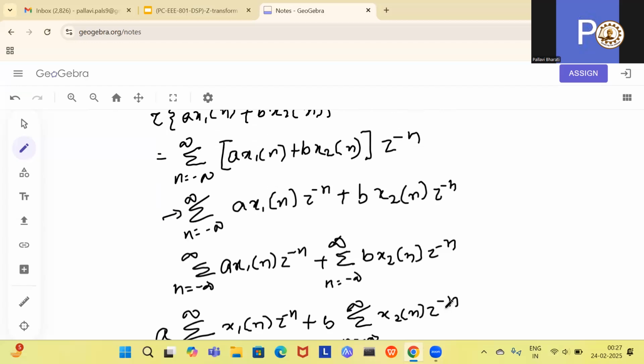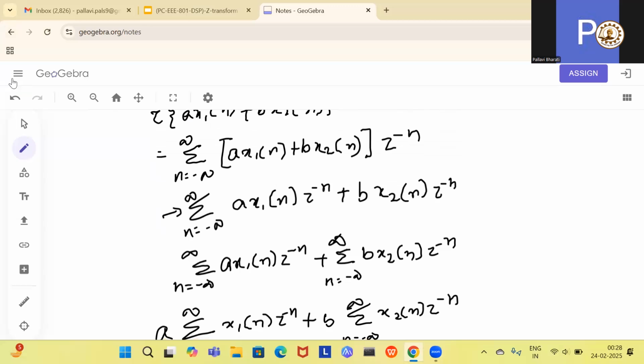Nothing very tough over here. Just write the formula for the Z transform and separate the summation for the two terms. That's it. After that, take the constant out of it. Fine. Let's go on to the second property,